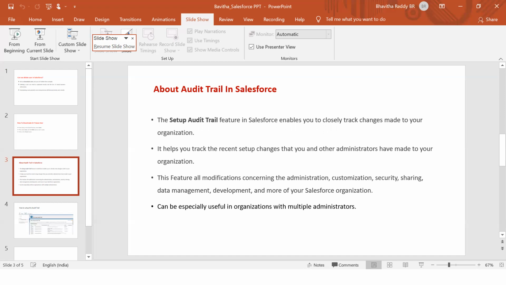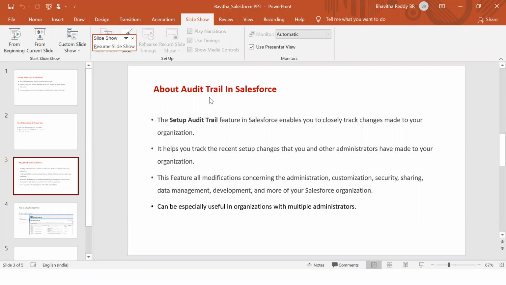Can every user see their own information, or can they see other users' information? Admins can see all the users' information, what they did, everything. If I am one of the users, I can see what the administrator did and other things also. You can check if you have access. About my user, what the administrator did and what I did, all the history will be there in the audit trail. I think all administrators can track all this.